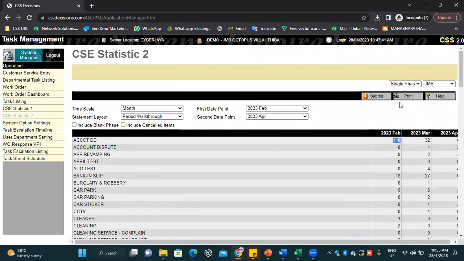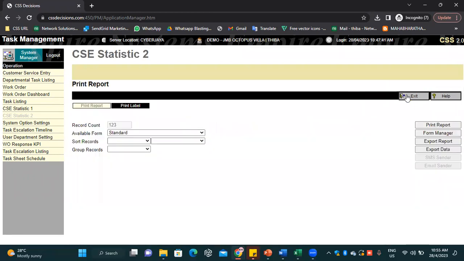Okay, so for this report you can also print it into PDF, or export it into Excel. And another one will be your